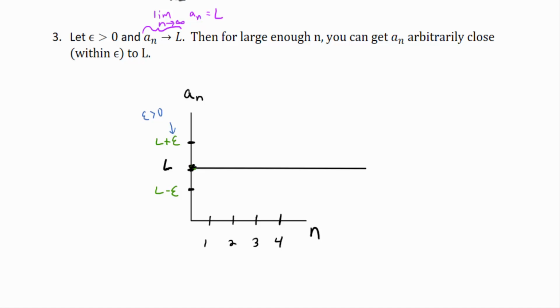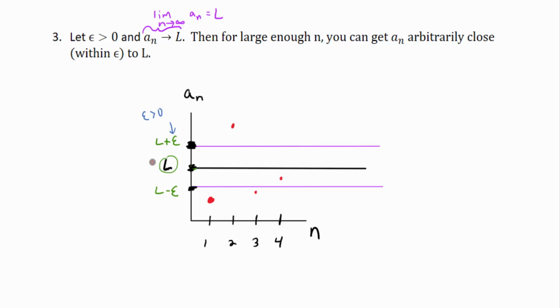If you create an epsilon band around L, so what we're saying is this. The outputs of a_n, early on, don't have to necessarily lie within epsilon units of L. So, early on, maybe a_1 is here, maybe a_2 you could plot to be up here, maybe a_3 is down here. But eventually, if you get n big enough, the fact that a_n approaches L as n goes to infinity means that eventually the outputs of your graph, height-wise, will be in between these two purple lines